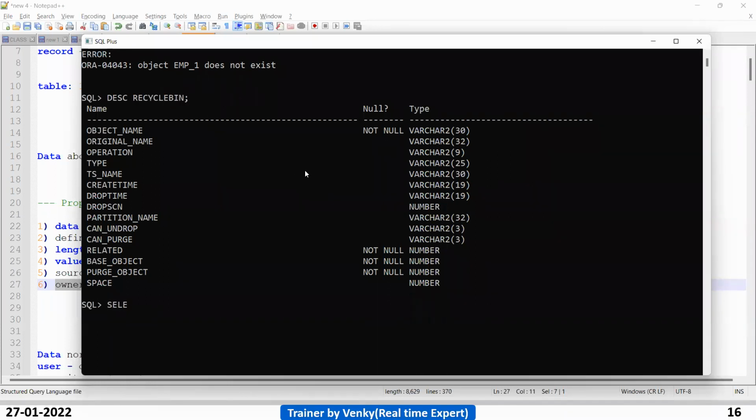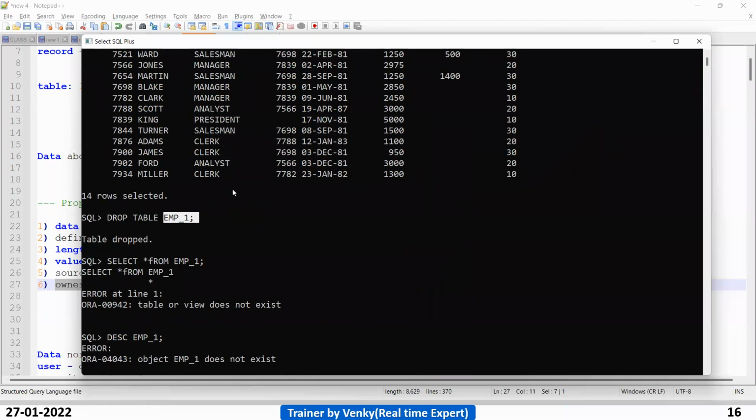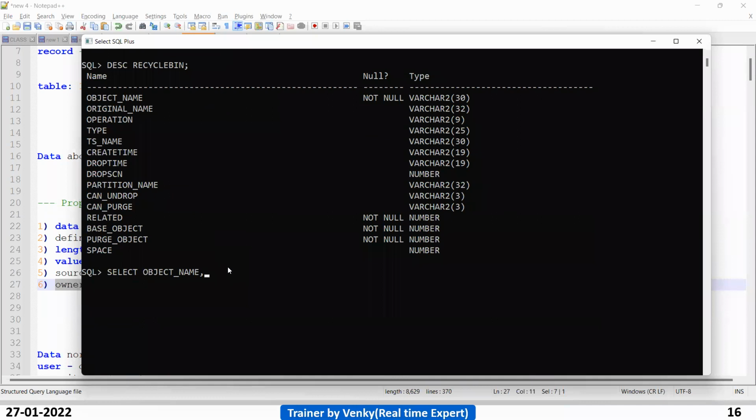Now you can see, select object name. What is object name, guys? Employee_one. Object name is anything like a table name or view or synonym and index. These are all called objects. So either it is a table or index or anything which you drop, it will be stored in object_name.